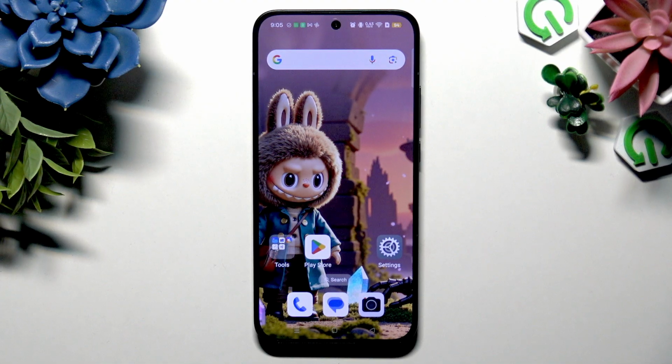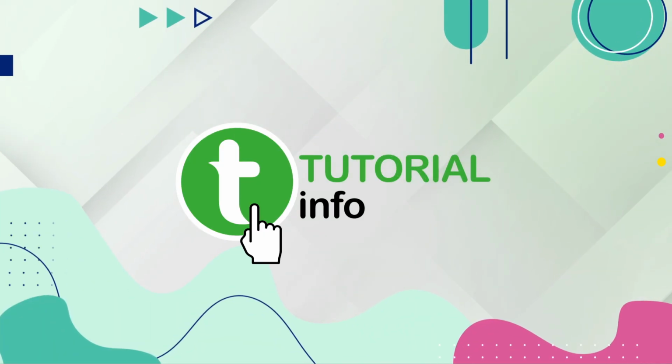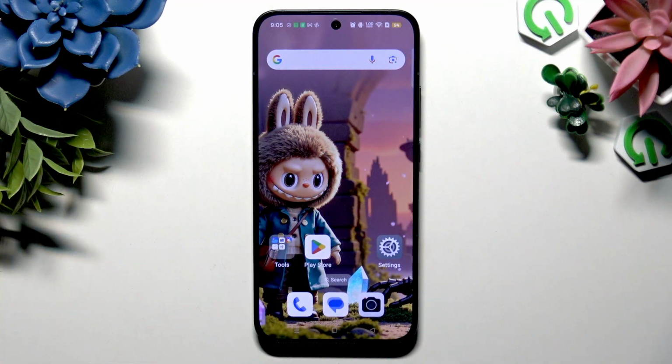In front of me is OPPO K13 Turbo, and today I would like to show you how you can turn on or off auto brightness. Adaptive brightness, when enabled, is using front camera to adjust brightness of your screen automatically. Some people really like it and some find it annoying, so whatever you wanna do, I will show you how